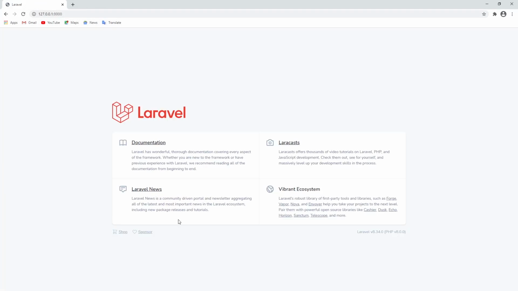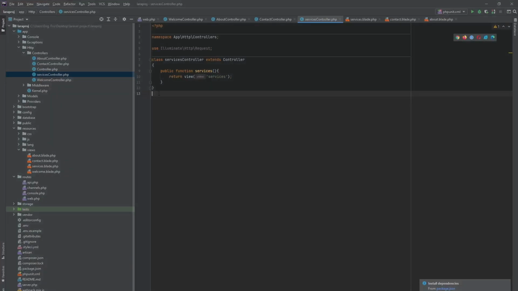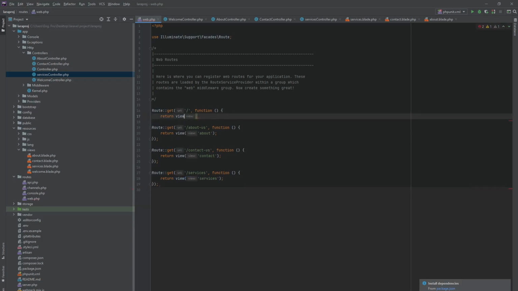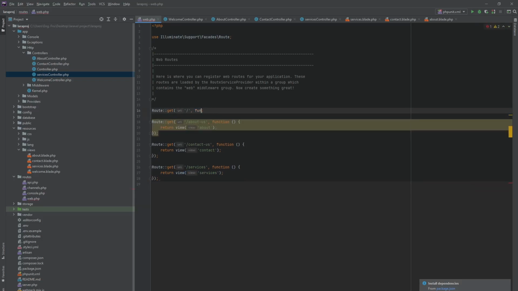Now, if I go to our project, you see, you won't see any difference, no change. Why? Because we are still using these callback functions. Okay, so now if you want to use the controllers you just created earlier, you have to delete this callback function,